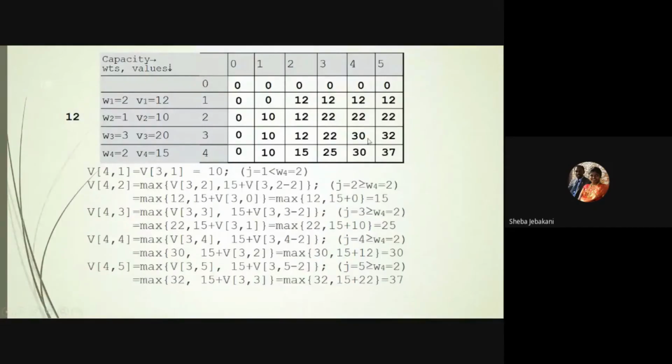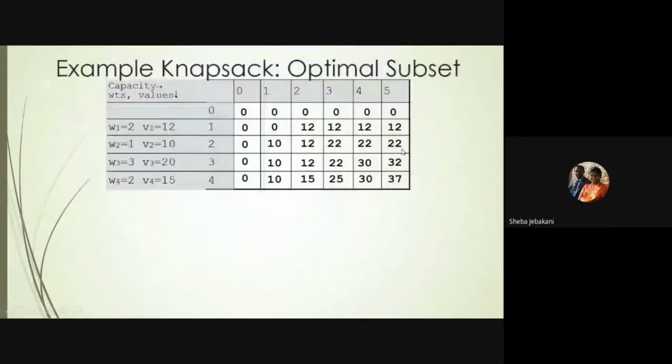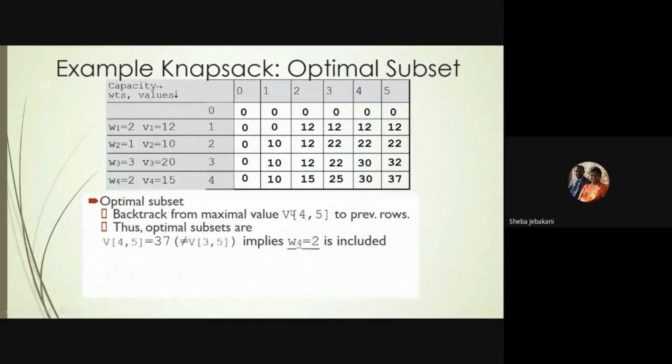The maximum optimal capacity: if you want to find the optimal solution, it will always be present in this last value, which is the n comma m position, or n bar w. So this is the optimal subset that we found. If we backtrack, we can find out which objects we have chosen.